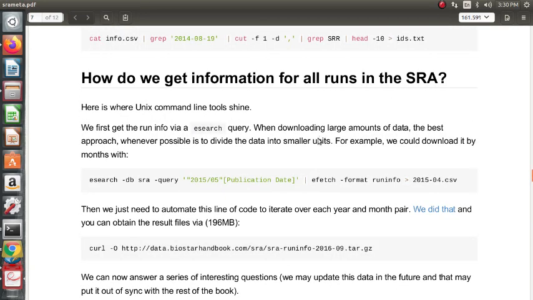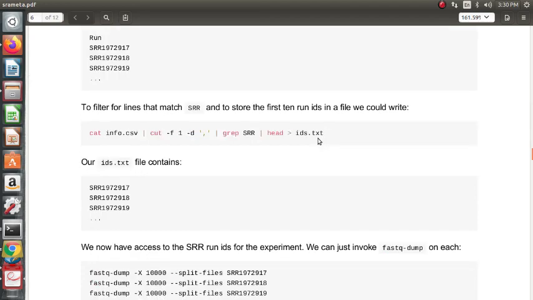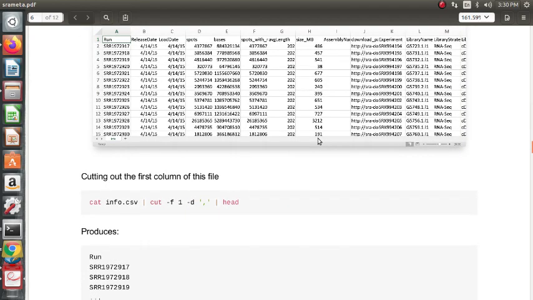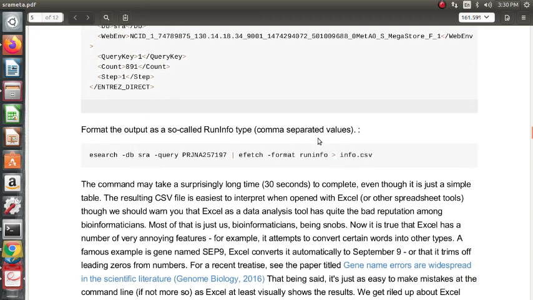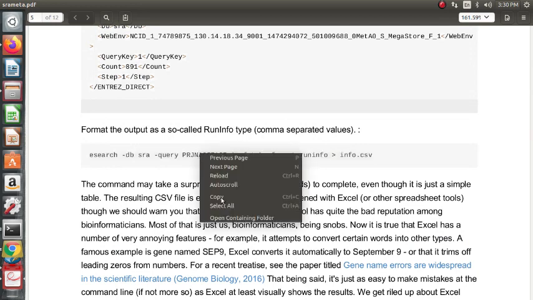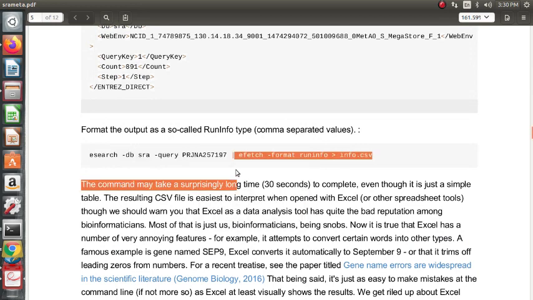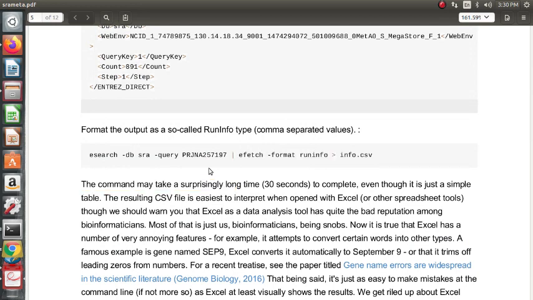So whatever run info you want, it's mentioned here clearly. Run info can be got only from a bioproject ID. You can refer to page number 5 of 12 for getting the info. If you want to get the run info for Corona, go to the bioproject for Corona, right?